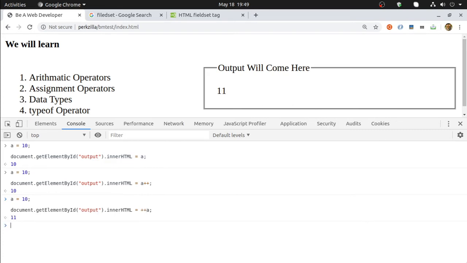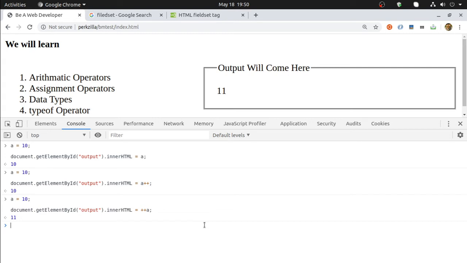Why? a plus plus means a is equal to a plus 1. That means if a is 10, I am saying a is equal to 10 plus 1, which means it is 11. So when I am saying a plus plus, I am adding 1 to my a, and it is making it 11. When I am doing plus plus a, I am also adding 1 to my a and making it 11.